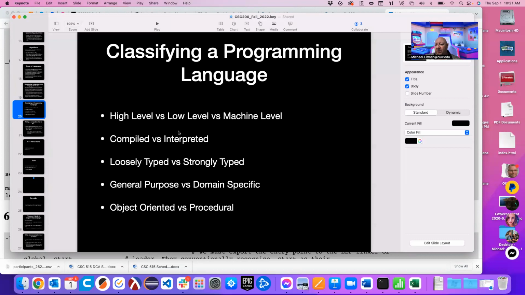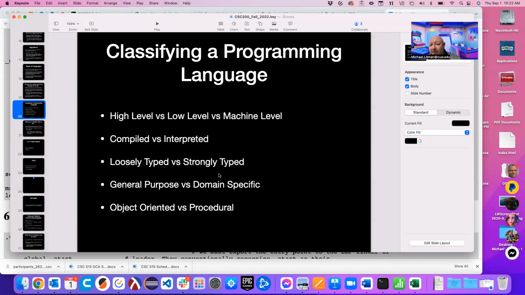All right. So whether it's a compiled or interpreted language, often, in fact, I think in pretty much every case I can think of, is linked to this next one, loosely typed versus strongly typed. And this is related, I think last time I talked about how do human beings solve problems. We remember things, we ask questions, and we use repetition, okay? And I said that every single programming language will have facilities for those three things, right? So that means every single programming language is going to have a facility for remembering stuff. And that facility in most languages is called variables. Okay, we have name value pairs, a named piece of memory that we can put a value in.